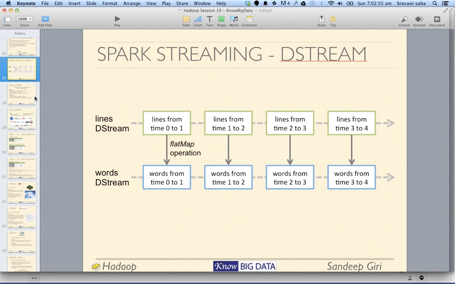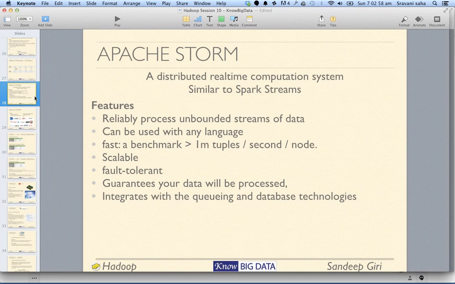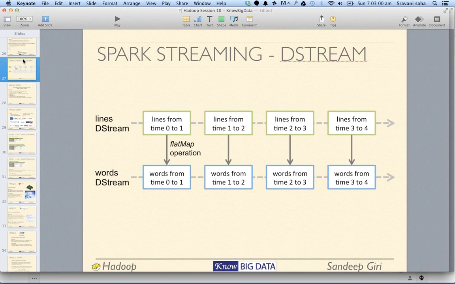All right. So yesterday we were discussing how to do streaming using Apache Spark and using a library called DStream, which basically internally calls, uses Apache Spark and does the job for you. Okay. Now,